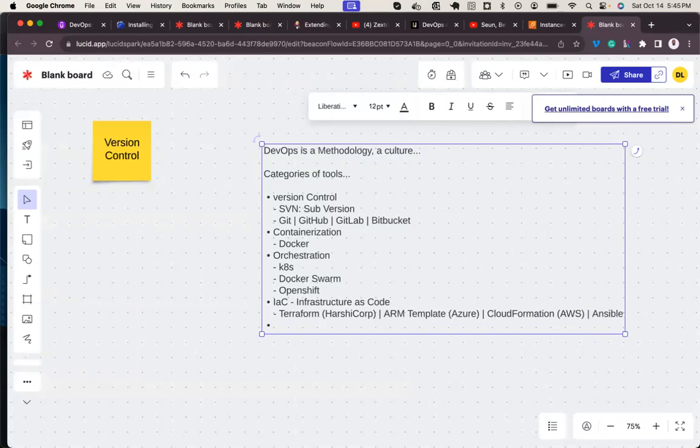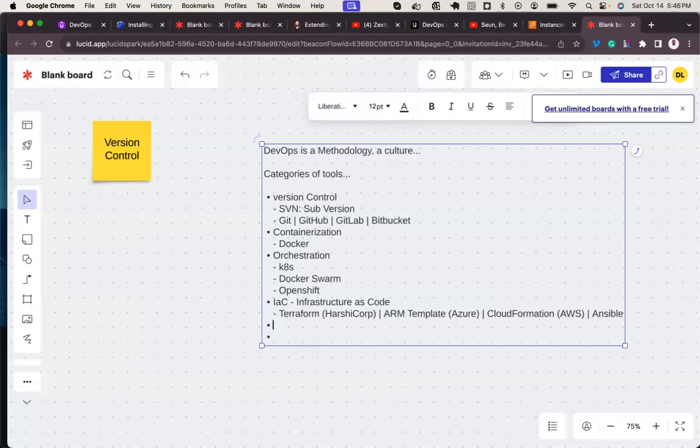But as technology evolves, modules were created and Ansible became infrastructure as code. Originally, Ansible wasn't designed for that. It was Terraform, ARM templates, CloudFormation. These were tools designed primarily for infrastructure as code.